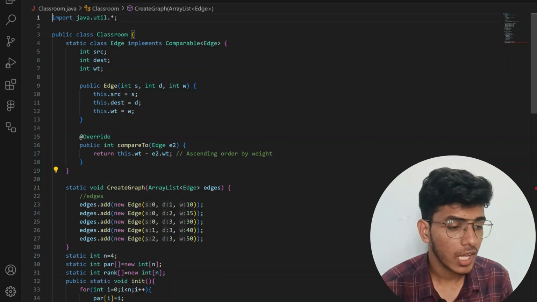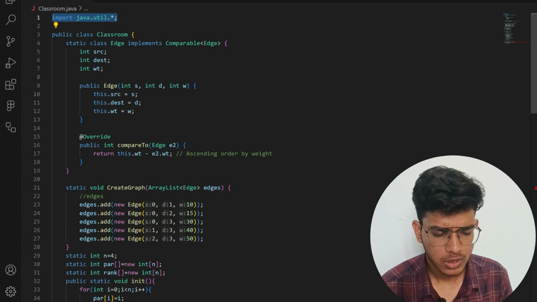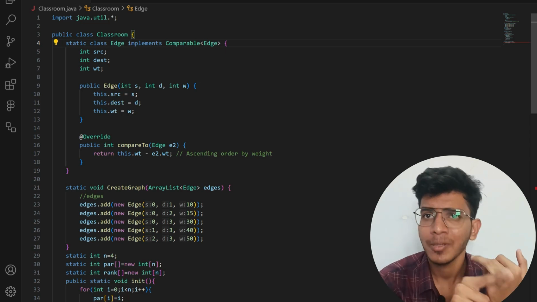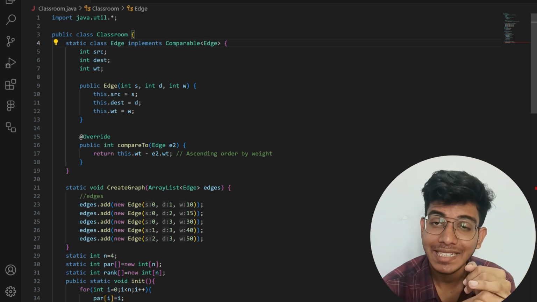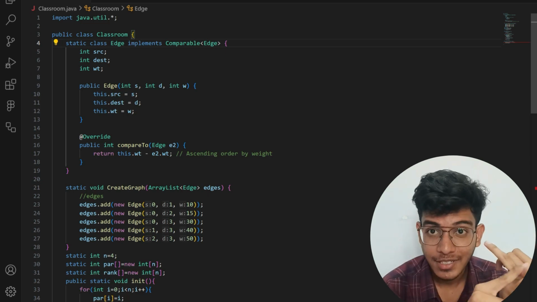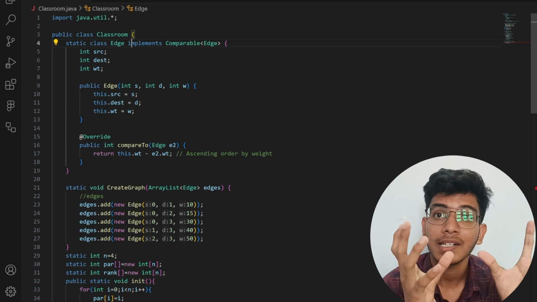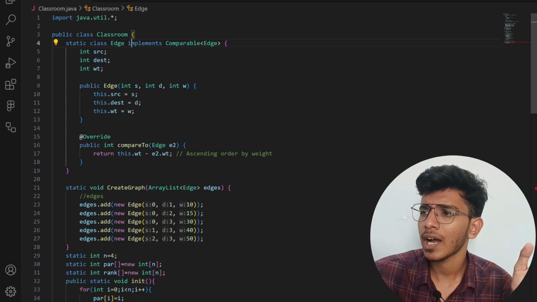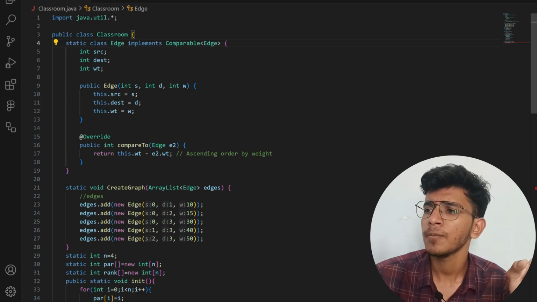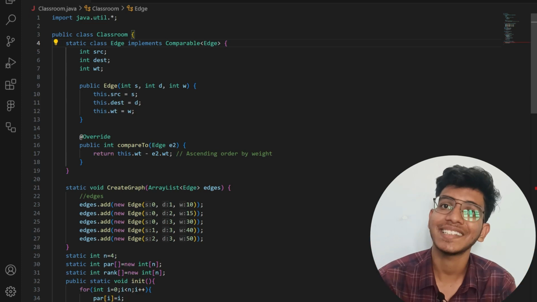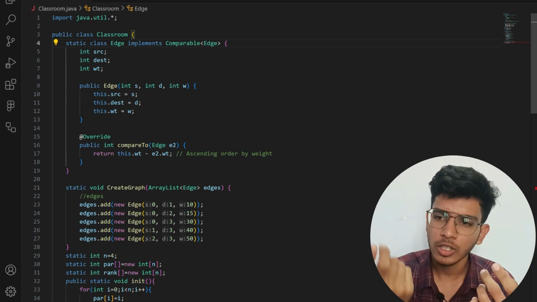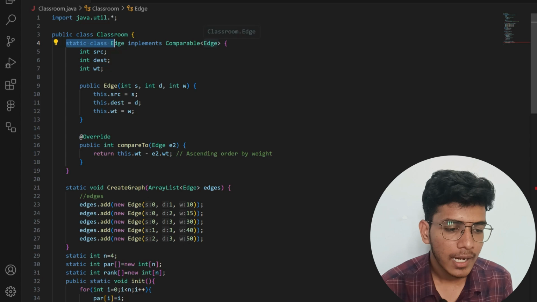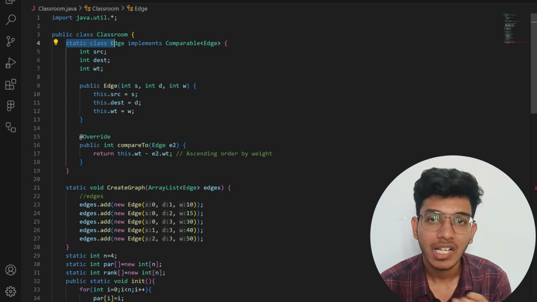In the program, first of all, I have imported java.util.*, and my Main class as usual, and in this I am implementing my graph using an edge list. In the previous programs we have implemented the graph using an adjacency list. Now for this we need to sort the whole graph according to the edges, right? So here I am using an edge list, so it will become easy for me to perform sorting or pairing operations. So here I have created my static class Edge and I have implemented Comparable